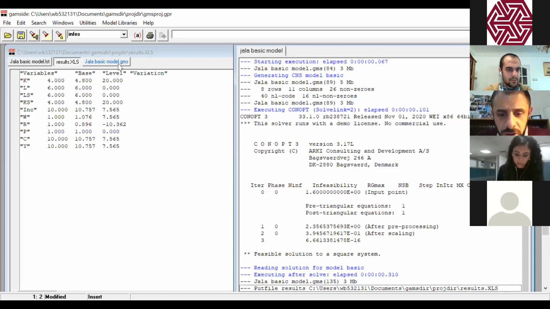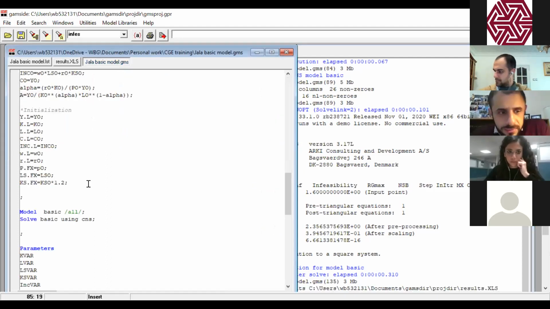What was the initial shock? We cannot hear you. So what was the initial shock that we have? The shock that we introduced, I mean? Capital supply. So an increase in capital supply.